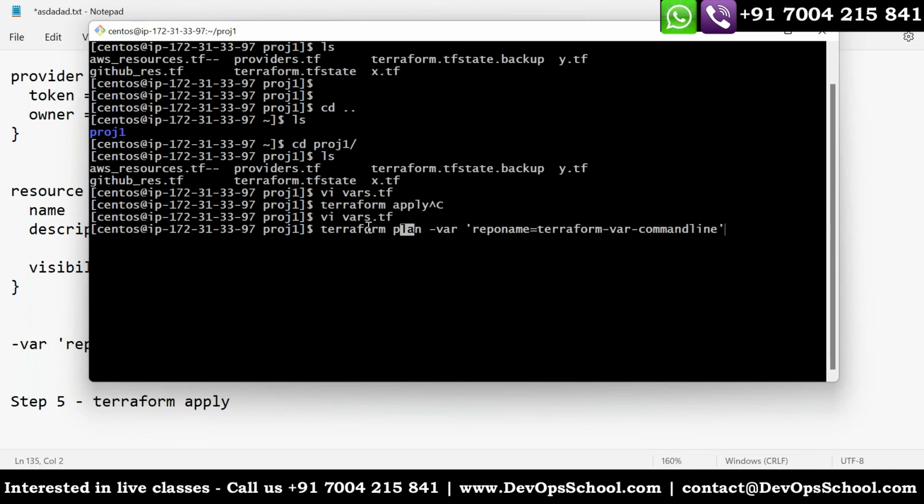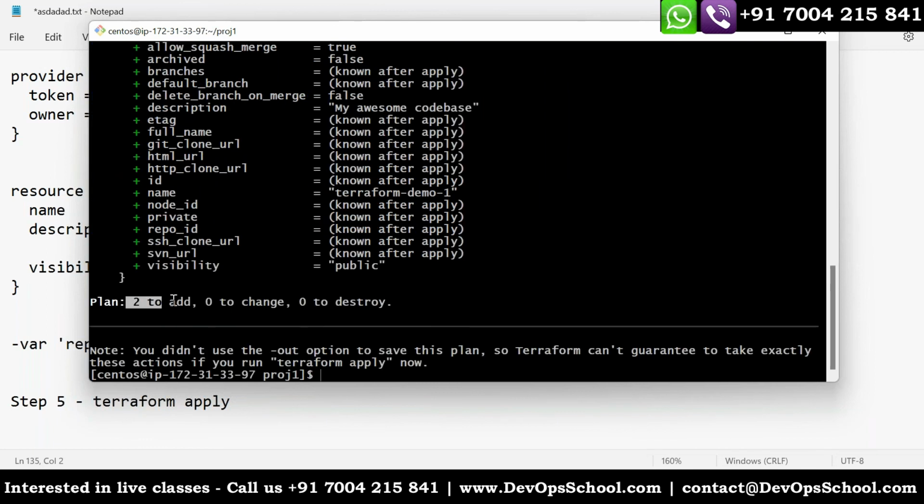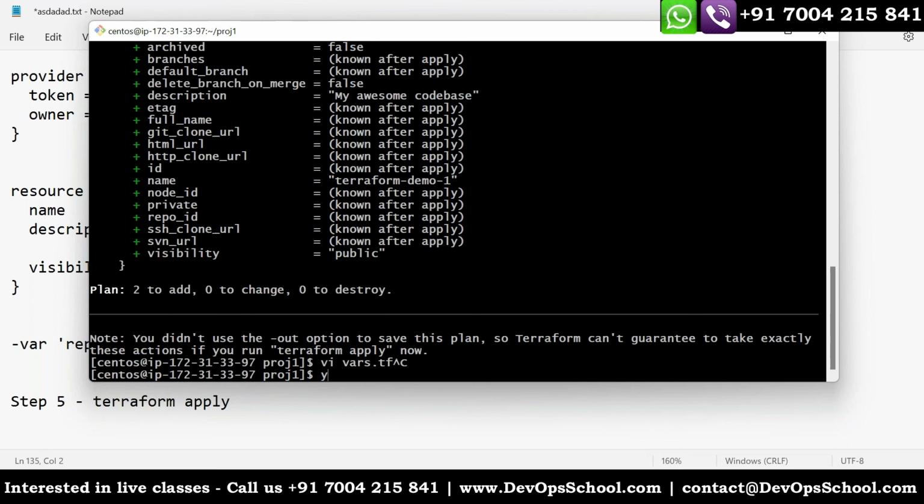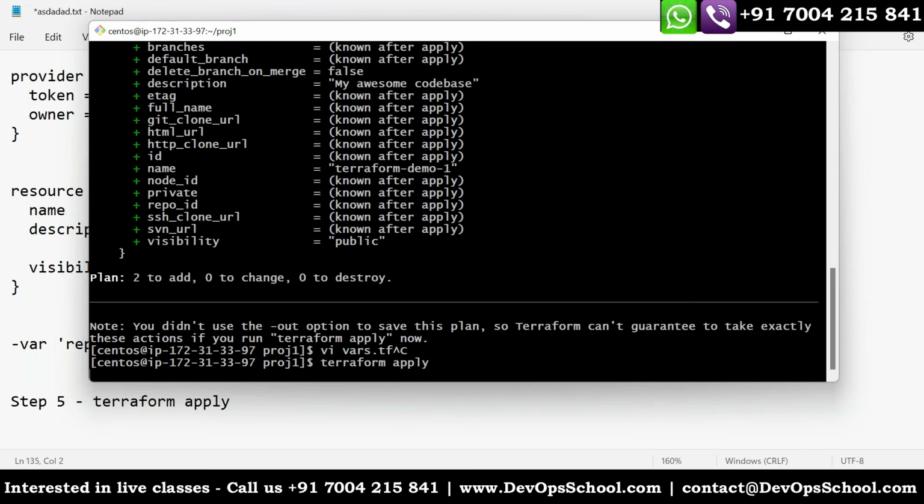You have this variable in the command line also, and in the Terraform files also. See here, 2 resources to add, and I want to show you. Terraform apply, enter.